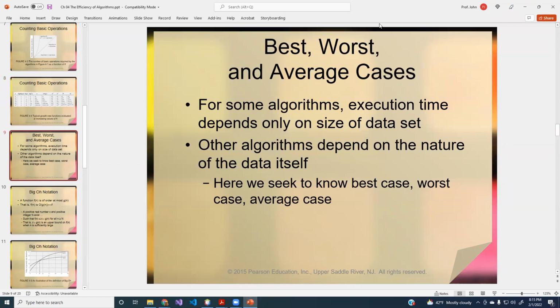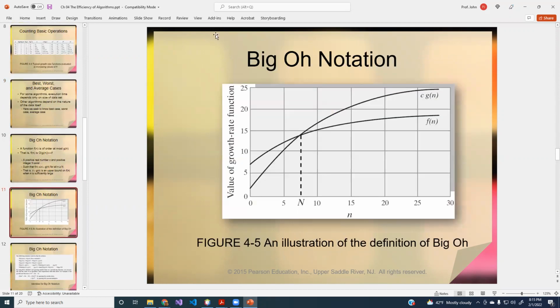So best, worst, and average case algorithms. For some algorithms, execution time depends only on the size of the data set. Other algorithms depend on the nature of the data set itself. Here we seek to know best case, worst case, average case. And we use what's called Big O notation. So why are we doing this, or what is our goal? Our goal is to avoid having to implement all of the algorithms